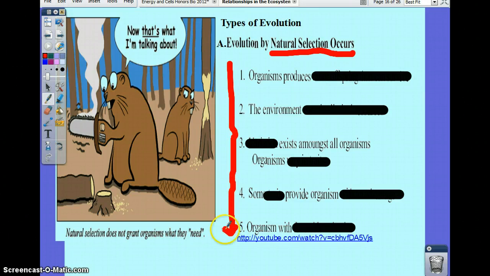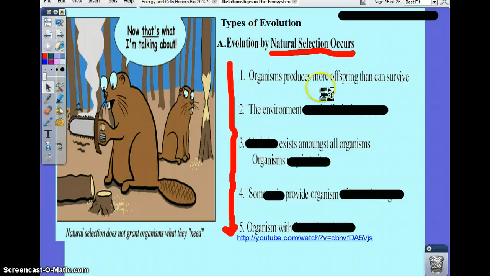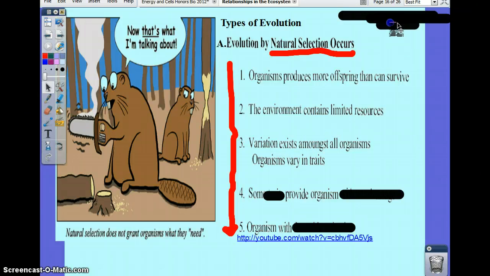This is like a full description of natural selection, starting with overpopulation. So if you have in an environment more species than can survive, the result is there's going to be limited resources. Limited resources will lead, as we mentioned in previous slides, to competition or migration. But if evolution is going to occur, there must be variety of traits within the population.